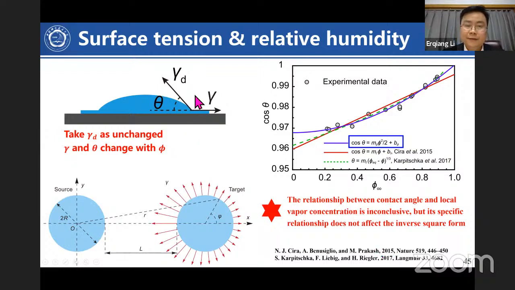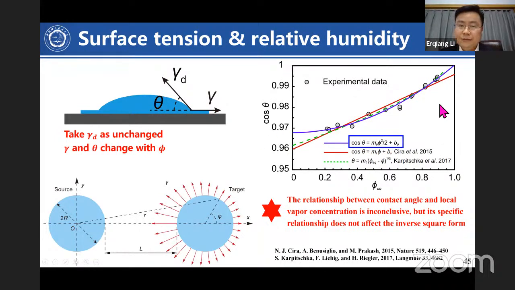So they think because of evaporation, what changes is this. This one changes. So the gamma, they think for the binder droplets, I mean the water PG solution, there is a precursor film. Because of the evaporation, it will change. And in the main part of the film, the surface tension of the liquid is not changing. You can also assume another way, I think it doesn't matter. So this one is changing, this one is not changing. So your contact angle is changing, right? Because you have to fulfill the Laplace equation.